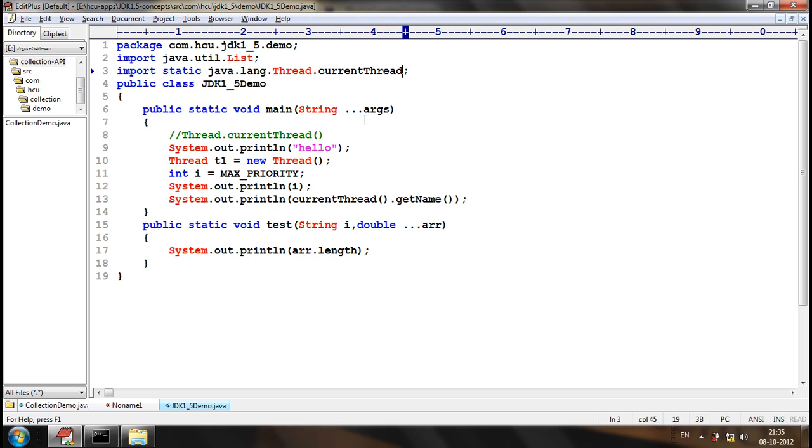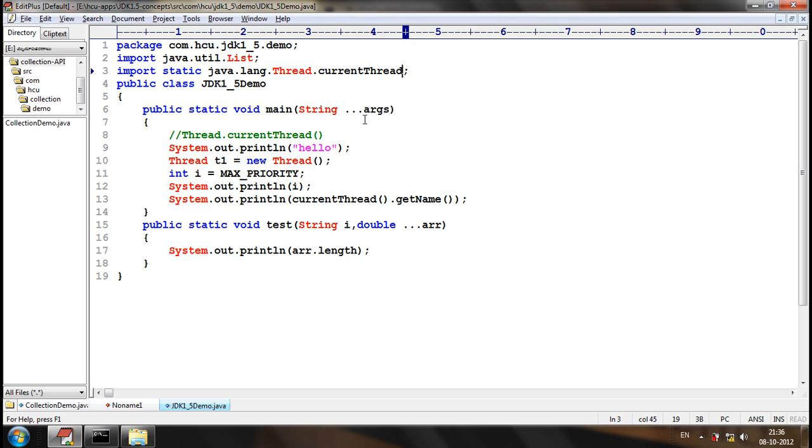Now, what is the output? What are the values that are printed in the System.out.println? Hello? 10?